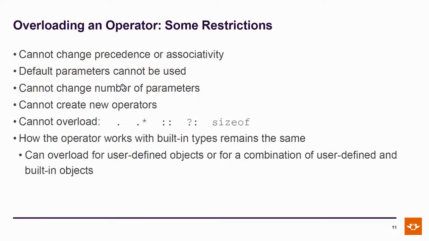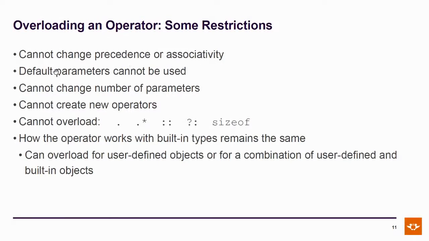We saw that there's some rules, some restrictions. You can't change the precedence, so that's the order of operations. So like BODMAS, PEDMAS, PEMDAS, however you learned it, you can't change those rules. And associativity, so when things have the same precedence, then they're evaluated either in left to right or right to left order. So it's a disambiguation for things of equal precedence. Things like multiplication and division, addition and subtraction all have the same level of precedence. So if you've got an expression that mixes them, what order do they get evaluated in?